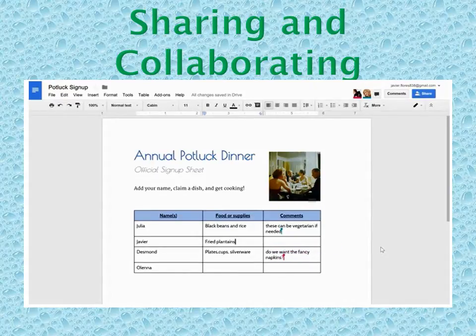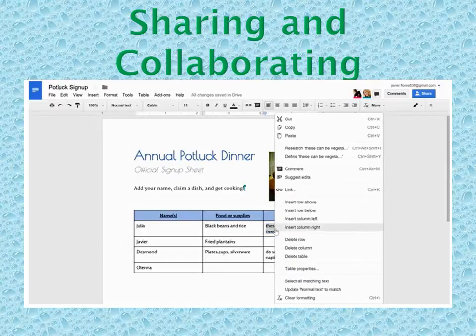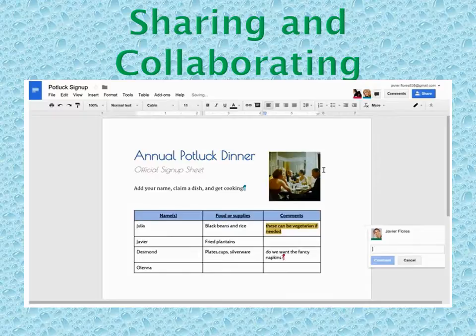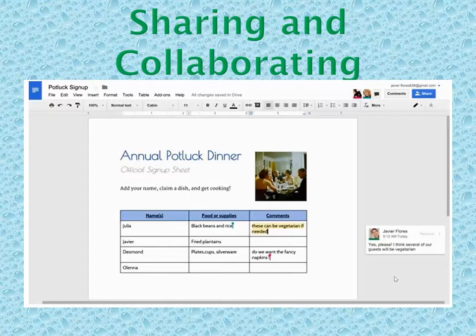It's also easy to leave comments so you can talk back and forth with one another. To insert a comment, just select something in the file, right-click, and then choose Comment. A comment box will appear on the right, and from here you can add a short note about this part of the document. Your co-authors will then be able to respond directly to you. These features make it much easier to collaborate on a document and work out details with your co-authors in real time.